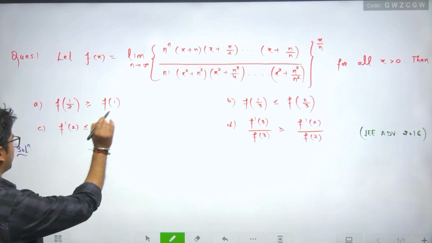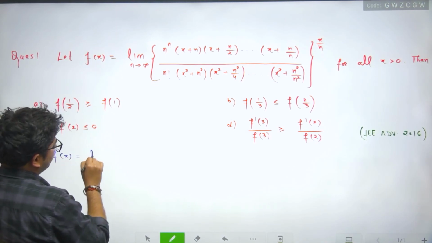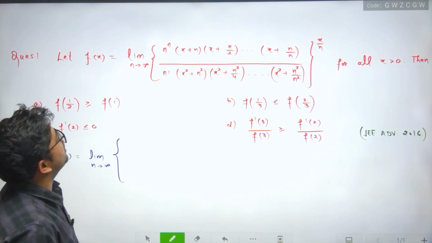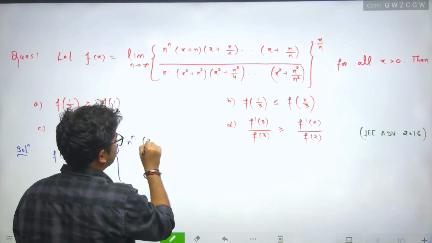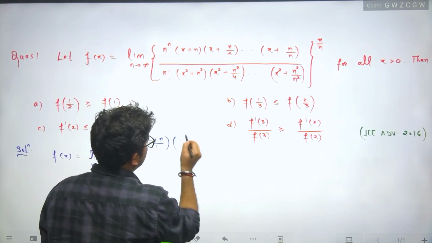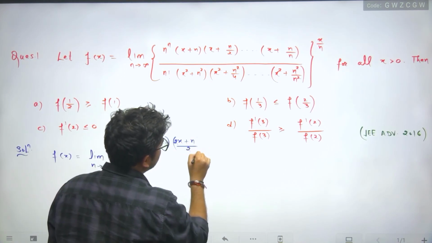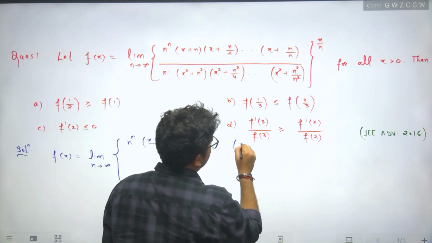So sir, f(x) is equal to what? f(x) is equal to limit n tends to infinity. If you simplify this expression, that is n^n, and this can be written as x plus n by 1. The second term can be written as 2x plus n by 2, and so on. And the last term is nx plus n